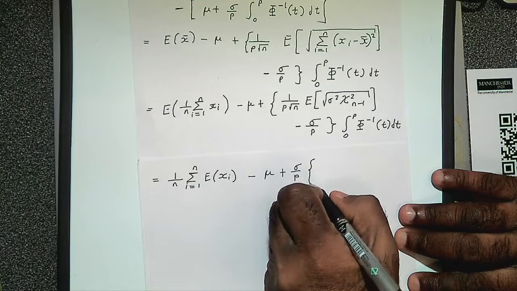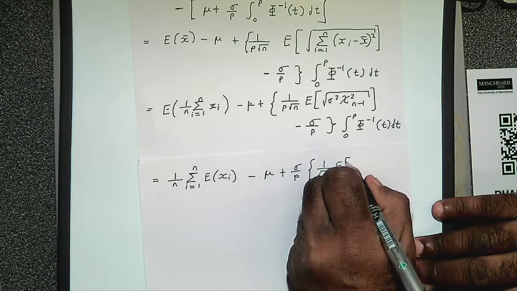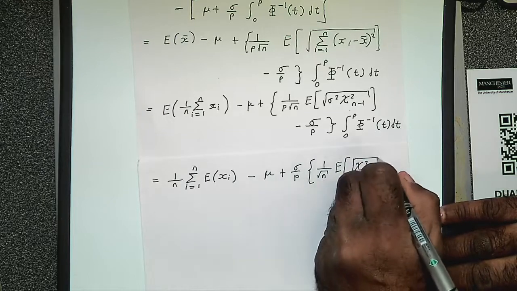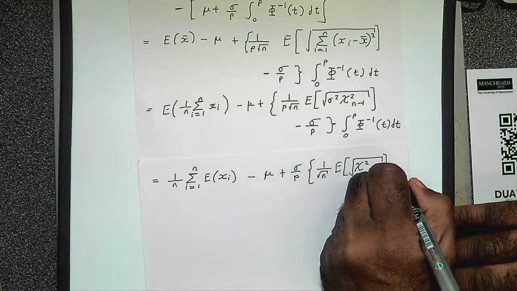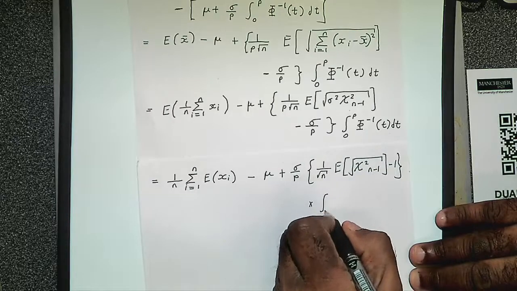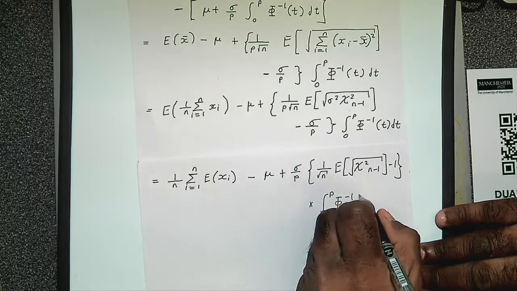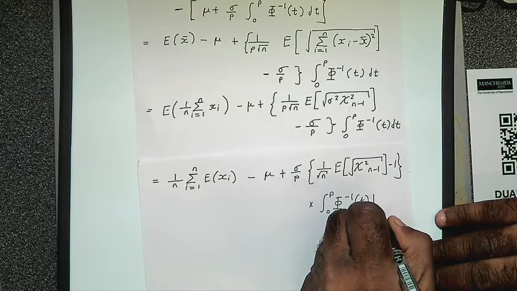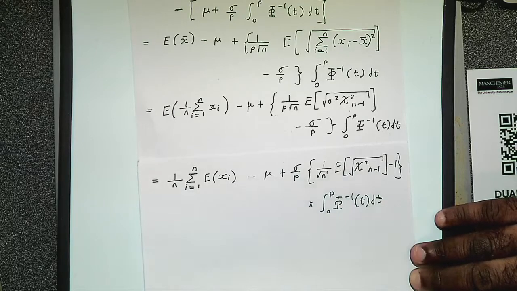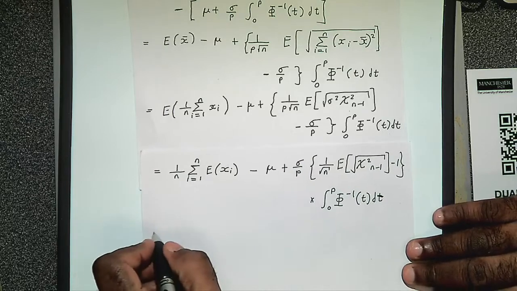So in brackets you have 1 over root of n times the expectation of the square root of a chi-squared variable minus 1, multiplied by, okay, right? Okay, now we know that